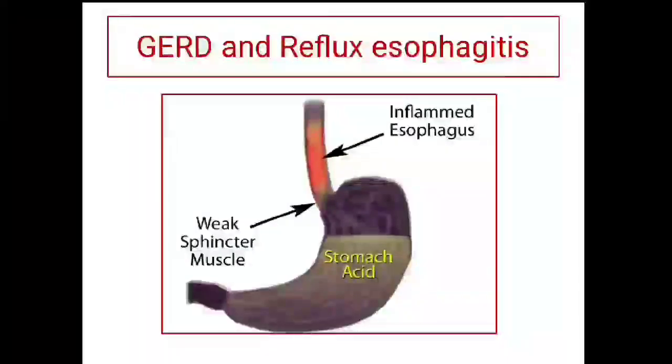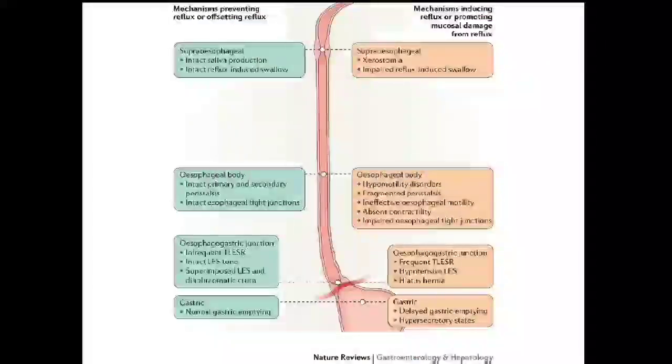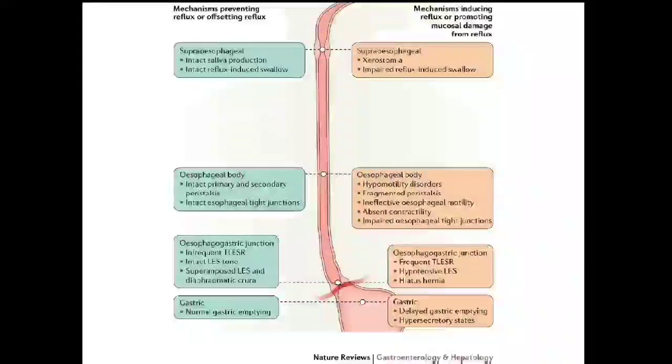Normally, the lower end of the esophagus remains closed and therefore acid from the stomach cannot reach up. But when the lower esophageal sphincter tone becomes abnormal, this causes acid to travel upwards, causing inflammation, because unlike the stomach, the esophagus does not have a gastric mucosal barrier. What therefore are the factors that regulate the lower esophageal sphincter tone? The physiology of the lower esophageal sphincter tone is complex, and I will not get into that discussion today.